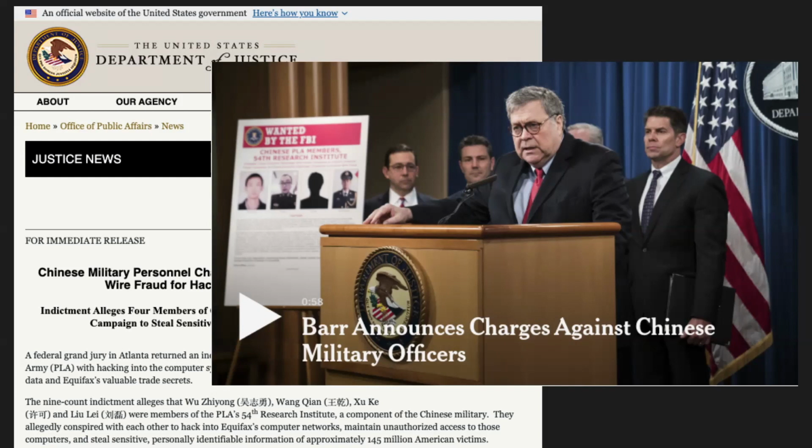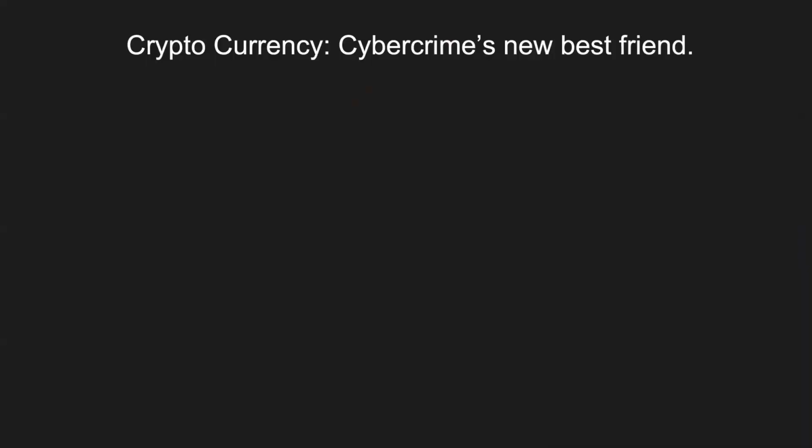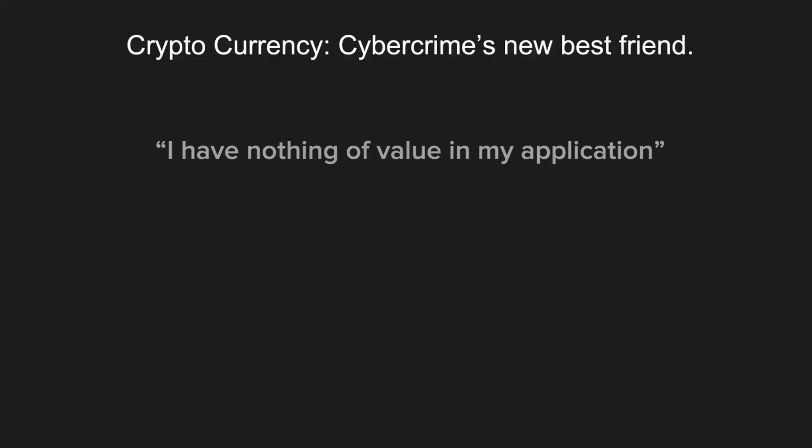So we're seeing this, and I'm sure you've all heard of these COVID attacks, people going after banking and things like that with spam type email. But we're seeing the same kind of thing in organized application attacks. So there's a good reason: cybercrime's new best friend. I have lots of people say to me, well, I'm not Equifax. I don't have a lot of valuable information hidden in my application. I am not handling credit card information or anything like that.